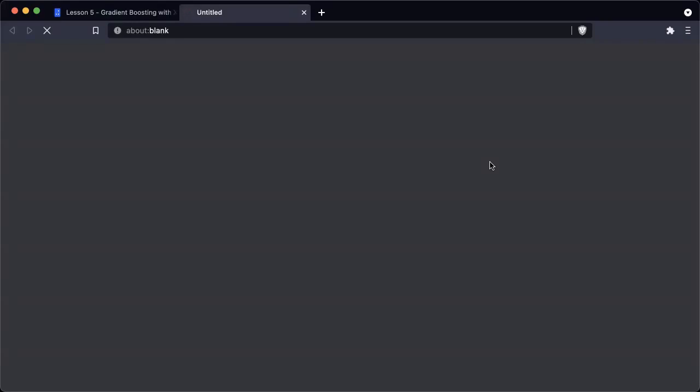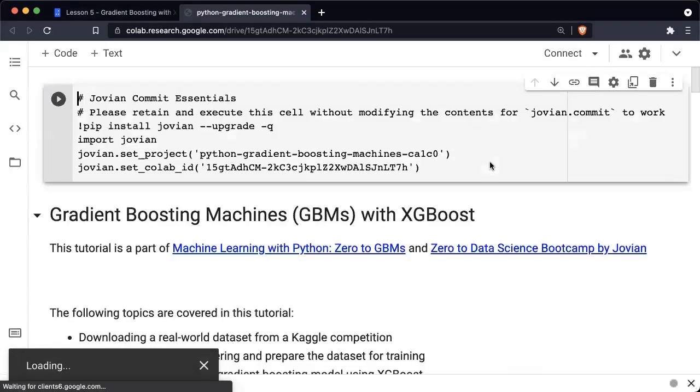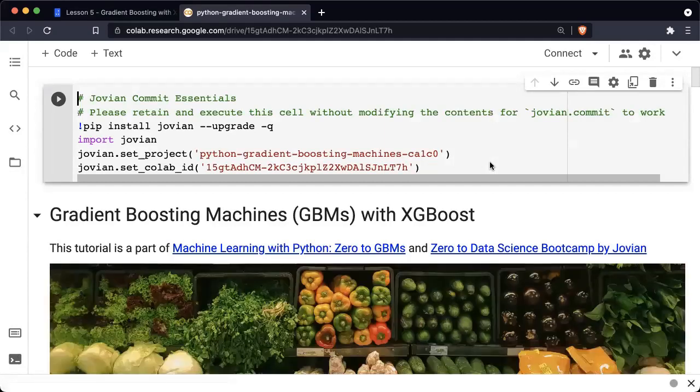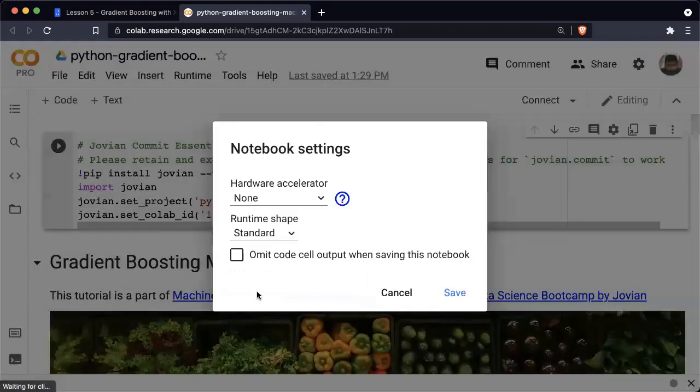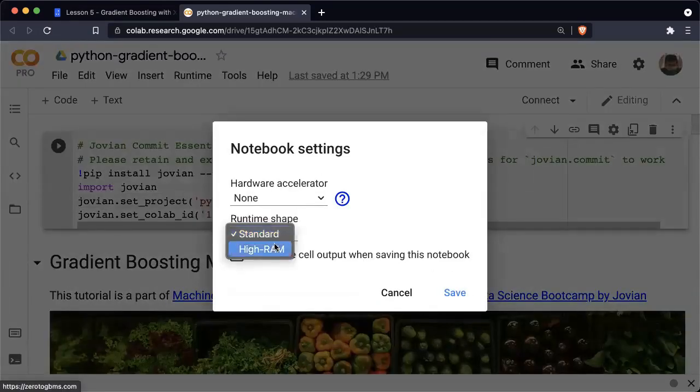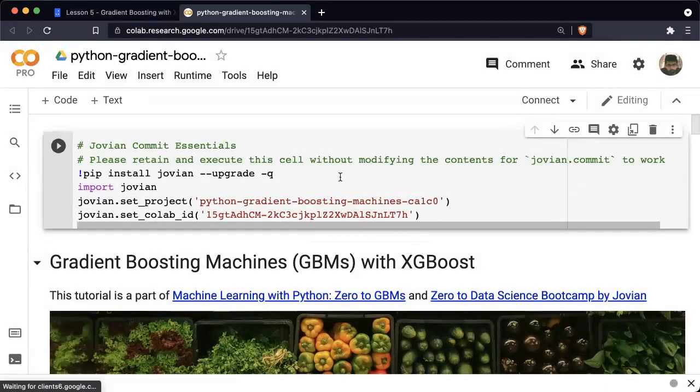And this will take the Jupyter notebook that we were looking at on the lesson page and add it into your Google Drive. So you may have to authorize your Google Drive account and open it up in Google Colab, an online platform for executing Jupyter notebooks using Google's cloud compute. And Google Colab is free of cost, but if you wish, you can also pay for additional resources by signing up to Colab Pro. And if you have Colab Pro, I would recommend going to the runtime menu, clicking change runtime type and changing the runtime shape to high RAM, as the dataset we're using today is slightly large.